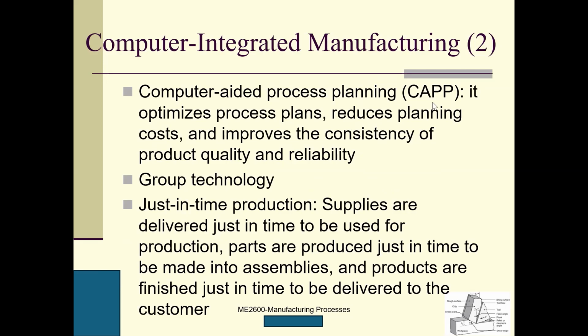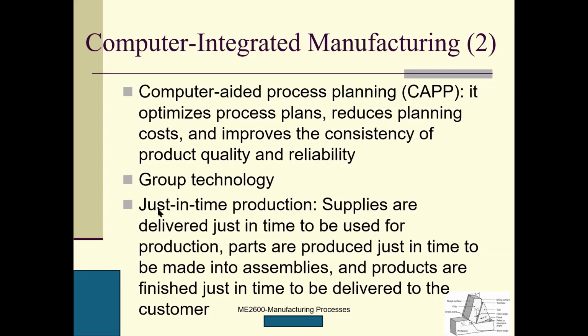And we also talk about CAPP. CAPP means computer-aided process planning, right? If we have the raw material, and we have the final product, which is on a piece of paper, we have an idea of how it looks, and then we need to have computer-aided process planning. And this optimized process plan reduces planning costs and improves the consistency of product quality and reliability. Group technology means that products with similar features will be machined using very similar